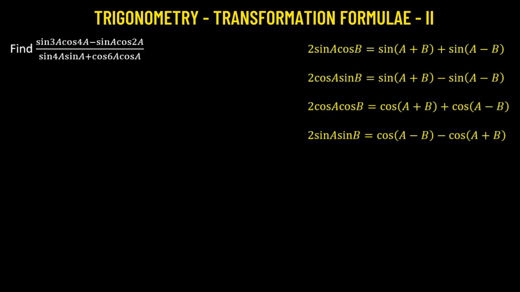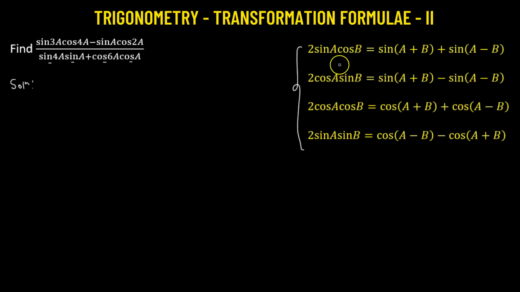So we need to find out the value of the given trigonometric expression. So let us begin. Now clearly in the numerator we have the product of a sine function with a cosine function, and in the denominator we have the product of sine with sine and the product of cosine and cosine. So here we'll be using the transformation formula as shown here to convert each of the product to its corresponding